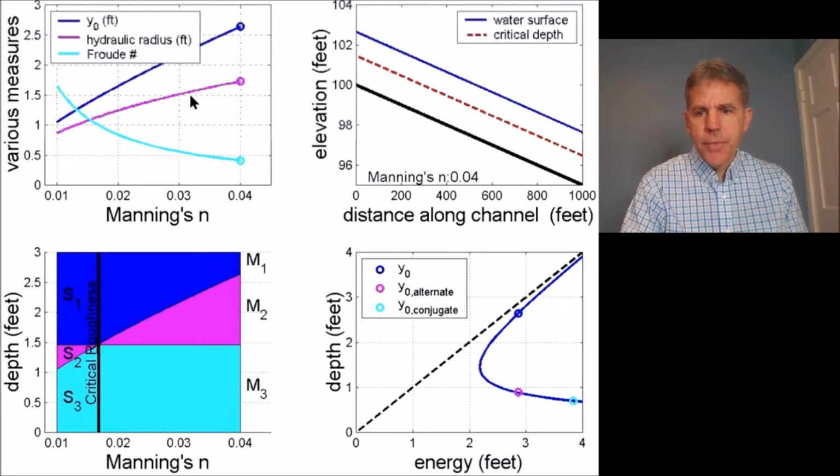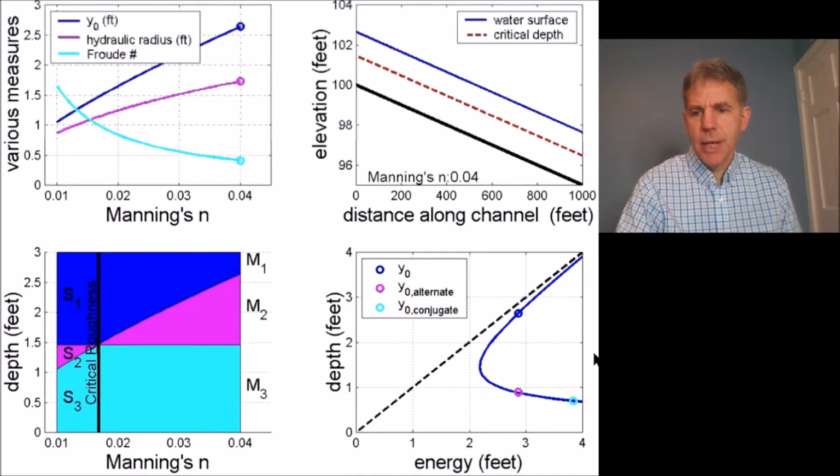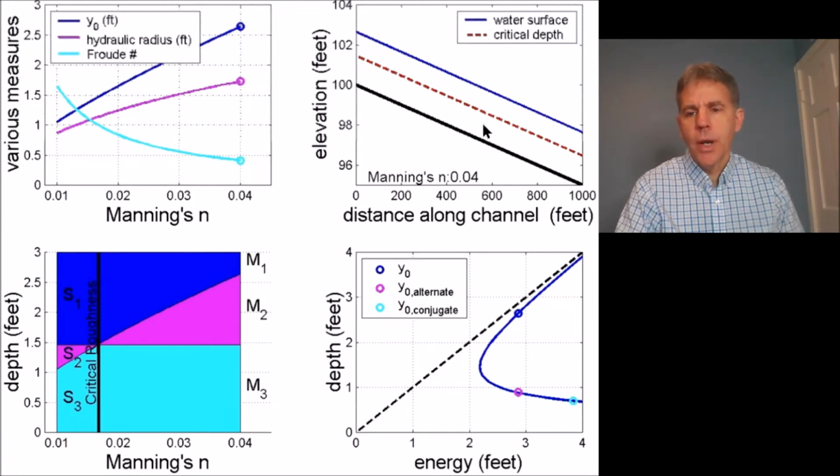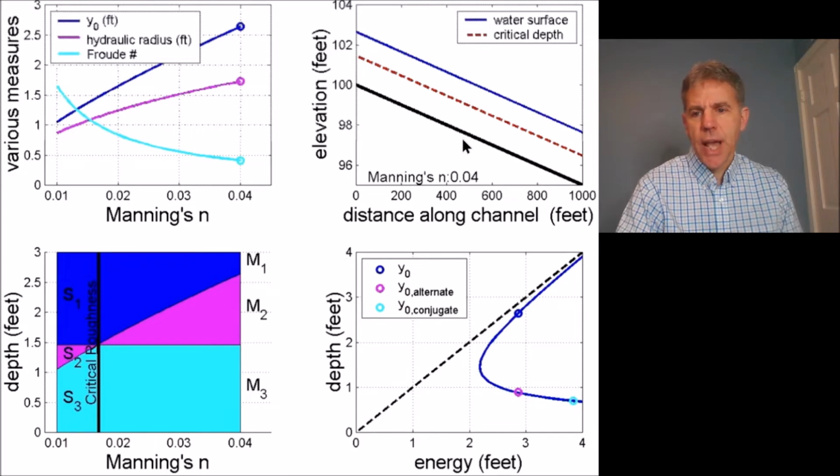So the upper right figure is simply a depiction of the actual flow in the channel. You can't see Manning's roughness parameter, so this ticker will change across the bottom as the animation unfolds. We're looking at the tail end of the animation here, when we're at our roughest value of the Manning's n parameter, 0.04. What you will see as the animation unfolds is the depth will be changing in the channel, and